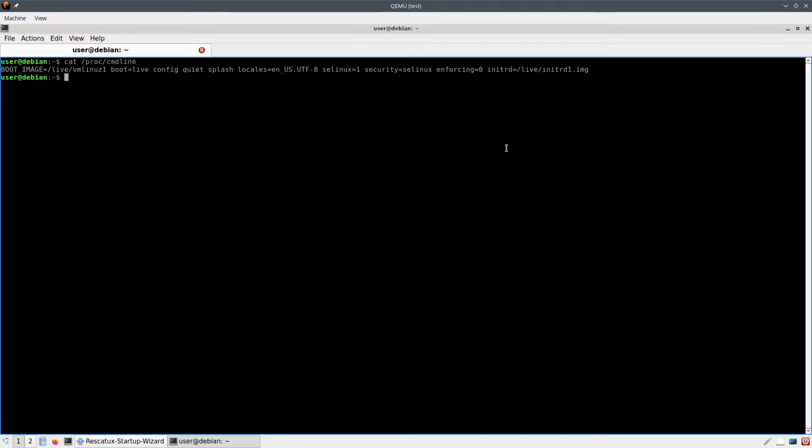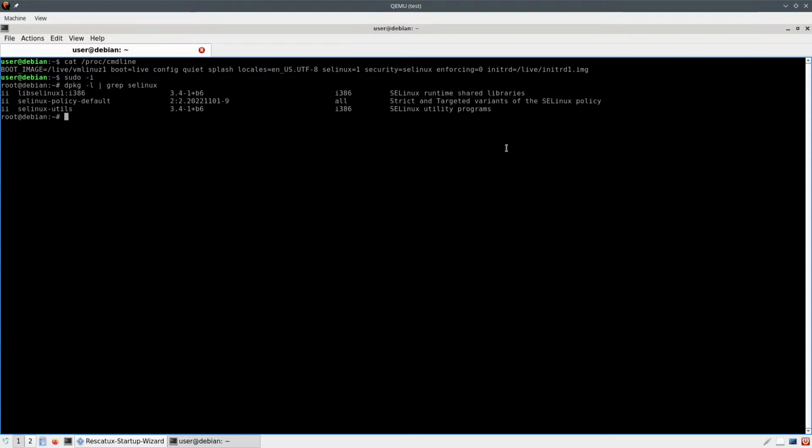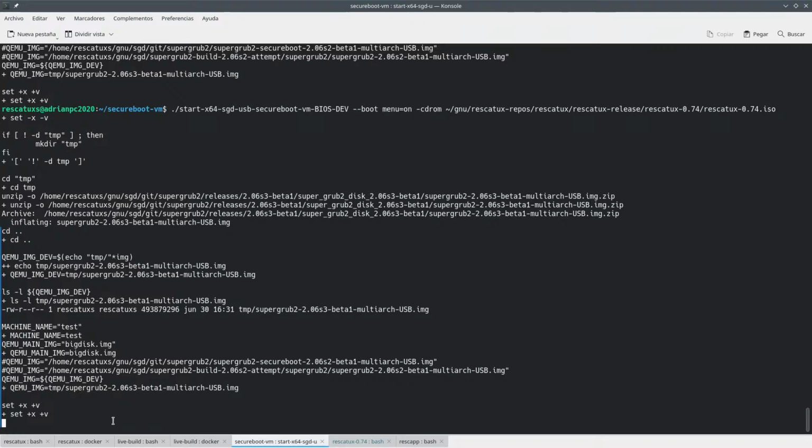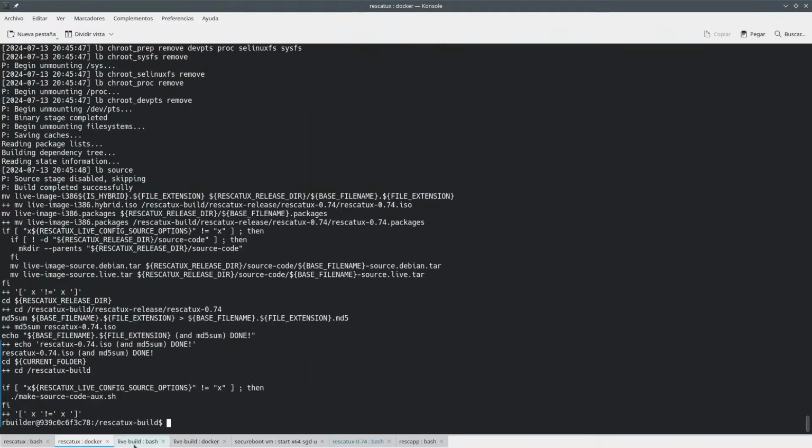SELinux is there, which is very nice. And what about SELinux packages? Have we managed to put them into the ISO? Yes, they are here. And what about this thing? We are in permissive mode. We have done it. Okay, now we are going to save all of this and try to work around this